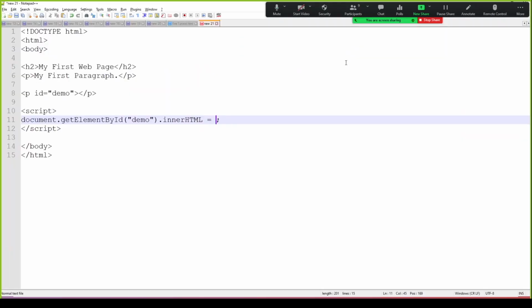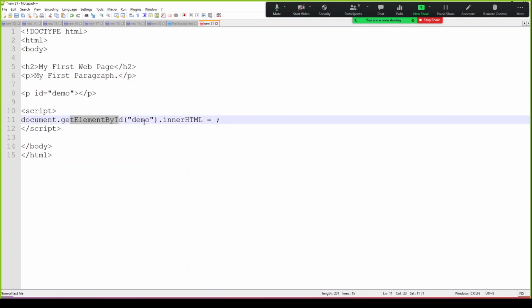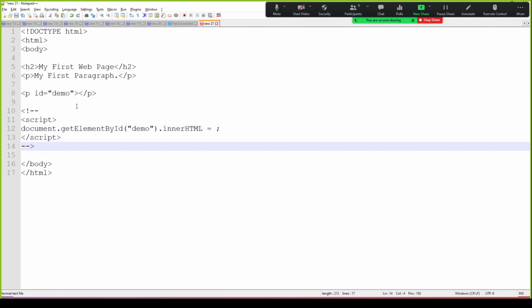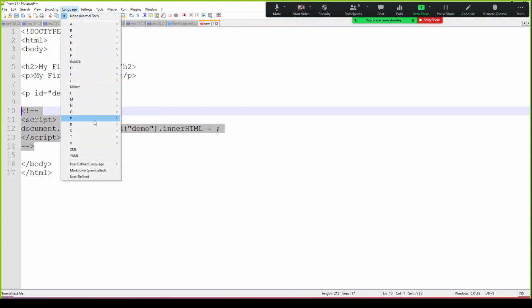So let's think through it, that this is our script which is going to take the element demo and it can replace it with anything else. So for example, if we, and this is, by the way, this is your comment style on,